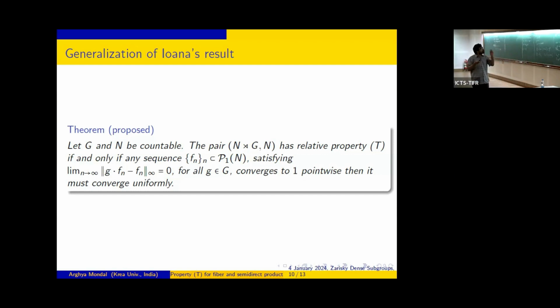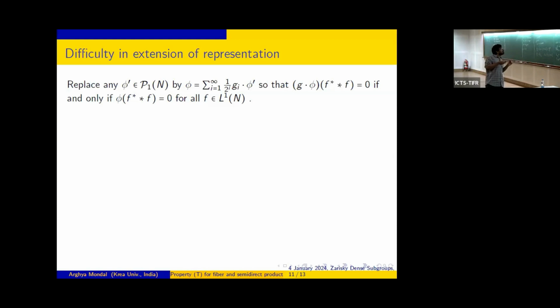And so at one level, this is just a translation of Iona's result. Using Fourier analysis, if you translate the result from measures to functions of positive type, this is what you get. But generally, such results are not always true. I mean, the abelian case is very special. But in this case, I am fairly sure that this result is true, and we have more or less nailed down the proof. So let me again tell you about the main key step, which is again the extension of